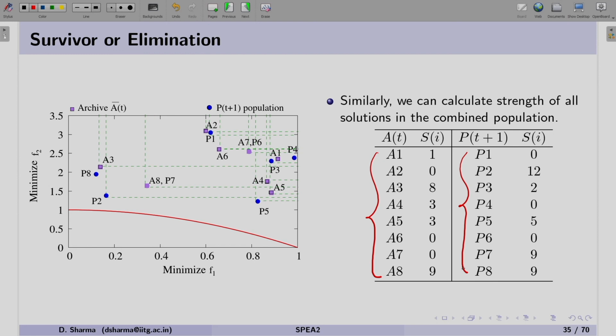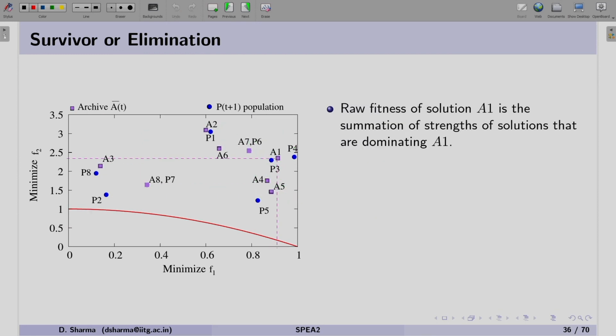Once the strengths are calculated, the next step is to find the raw fitness of each solution. As per our earlier discussion, raw fitness is the summation of the strengths of those solutions which are dominating the given solution. We will see a few examples.